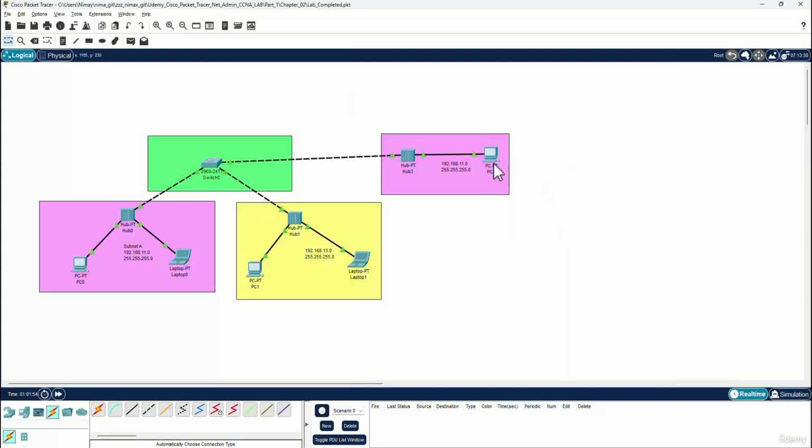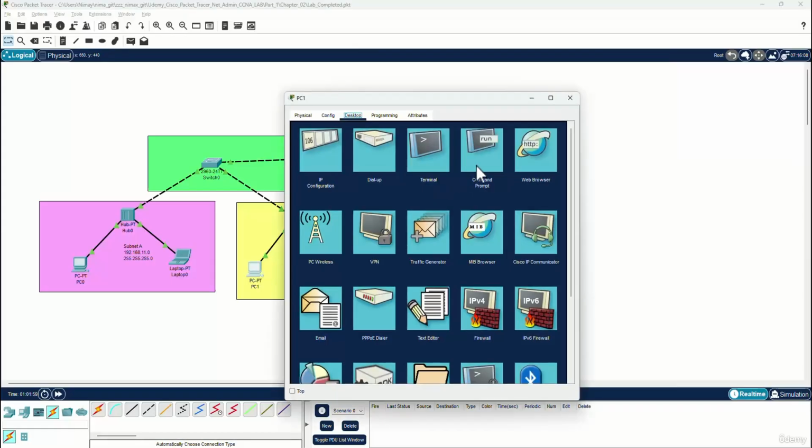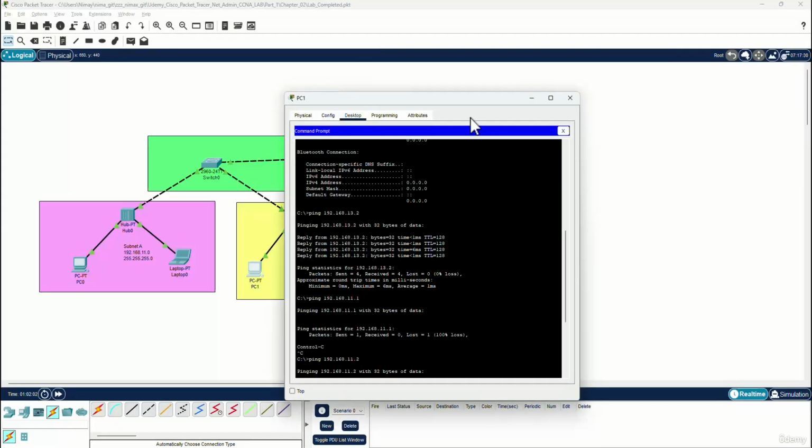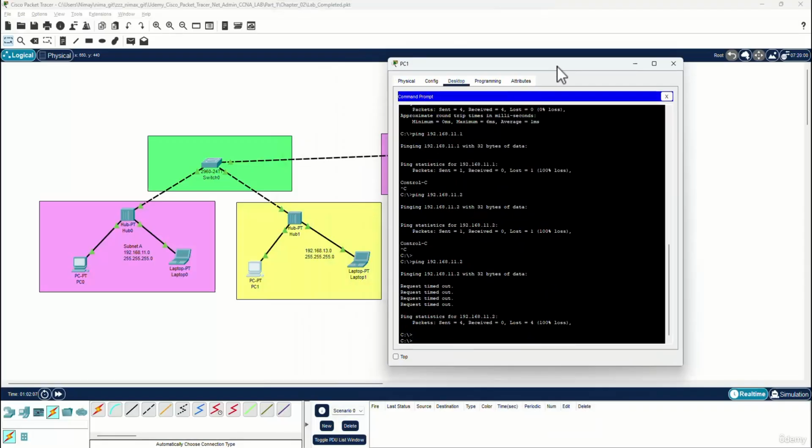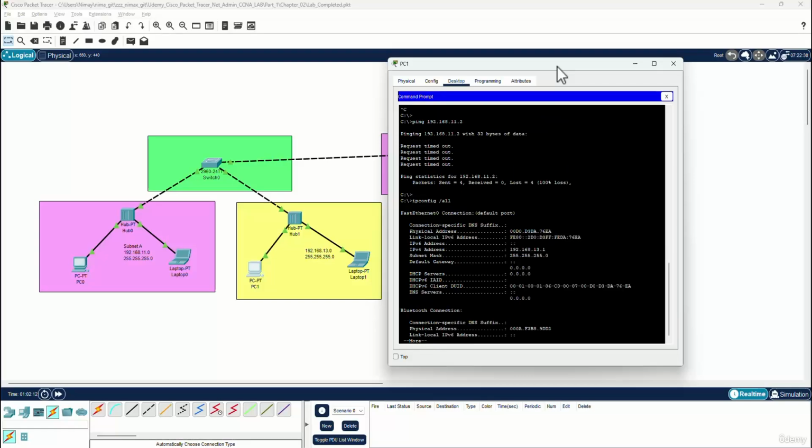For example, here on PC1, in the command prompt, if you need to check the configuration and get more information, you can type ipconfig /all, and you get more information related to the NIC, or network interface card: the IP address, gateway, DNS, whether we get the IP address from a DHCP server or configure the interface, and the MAC address,